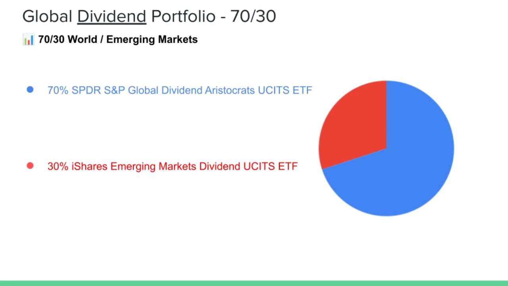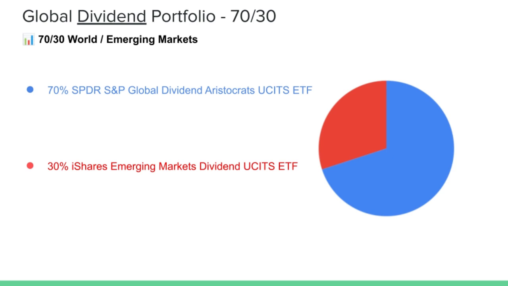I think for a starter or someone that has been investing for a little bit, it could be useful to first start with a growth portfolio and just building up a bit of a base, and then perhaps splitting the portfolio, like if you say go for a 70/30 portfolio, having 70% in world normal growth ETF and then 30% emerging markets growth ETF, and then perhaps combining it with a 70/30 dividend ETF as well. And therefore dollar cost averaging, as in spending every month a certain amount to buy these ETFs together,